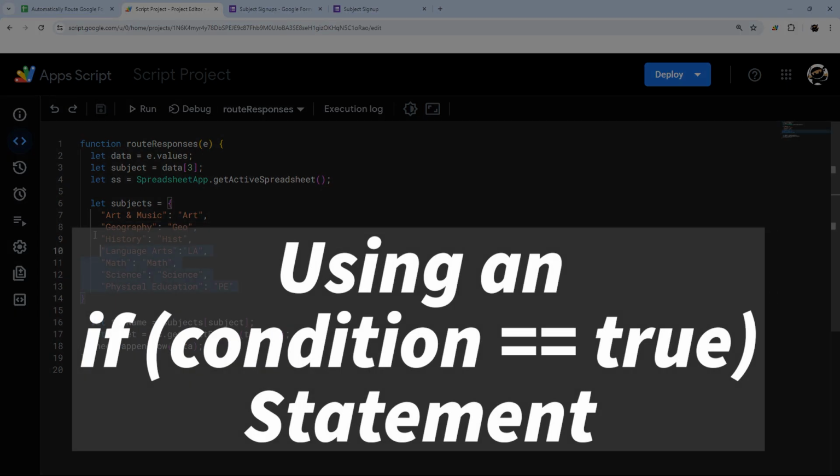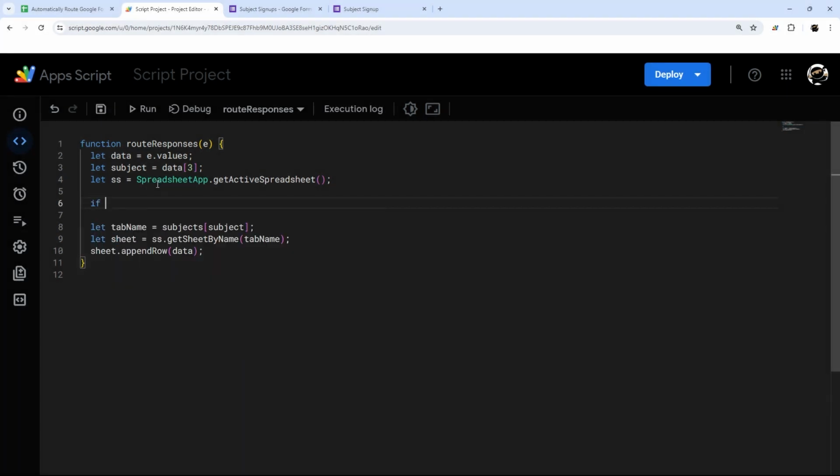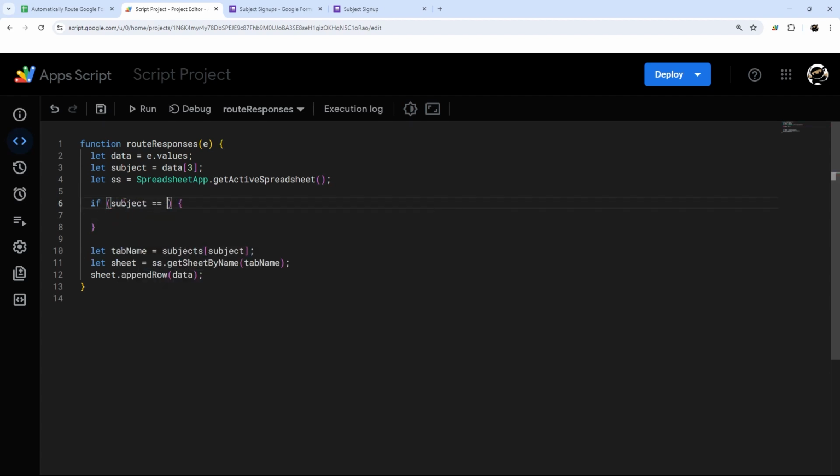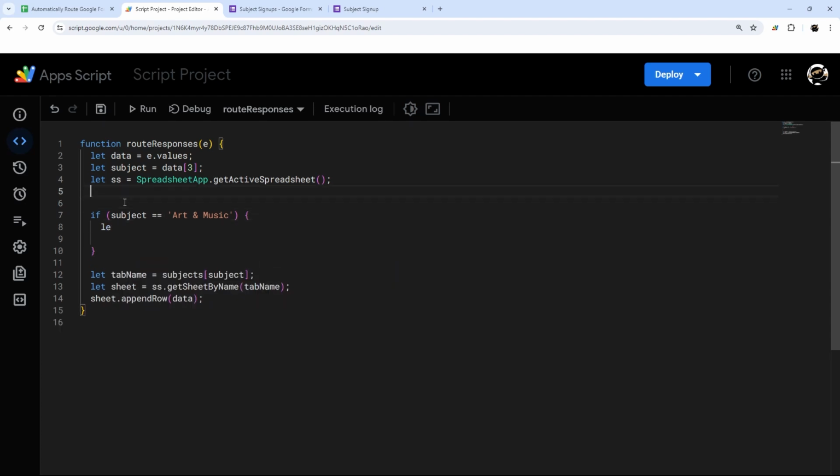All right, so I don't have a bunch of stuff set up to do an if statement on this, but I'm going to show you how you could set up if statements for this. So inside an if, you do this, and this is where you set your conditions. And so in this case, we could do something like if subject equals art and music, for example. Then we could say let